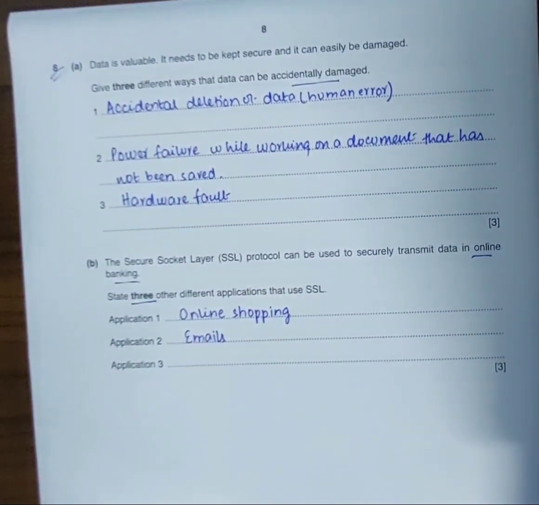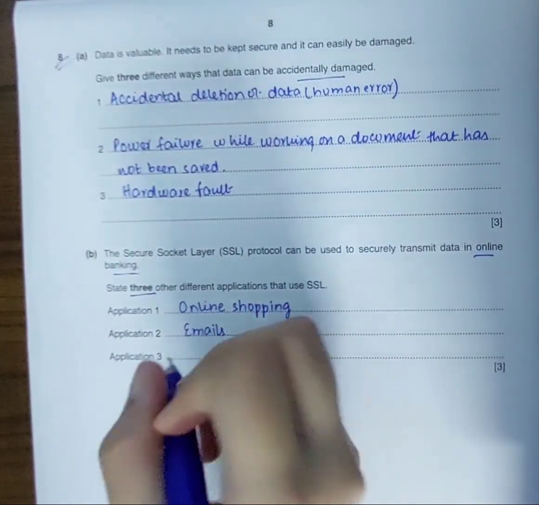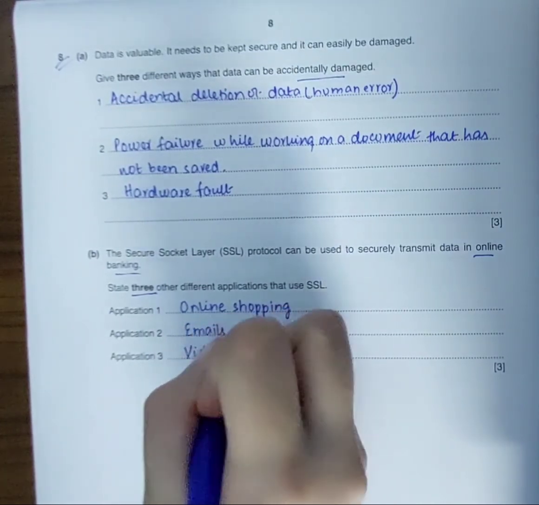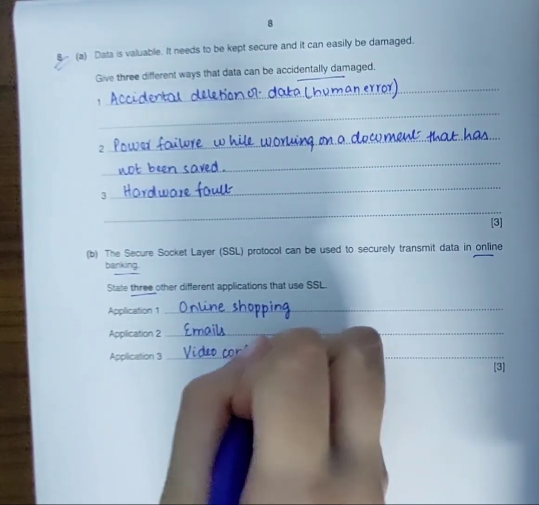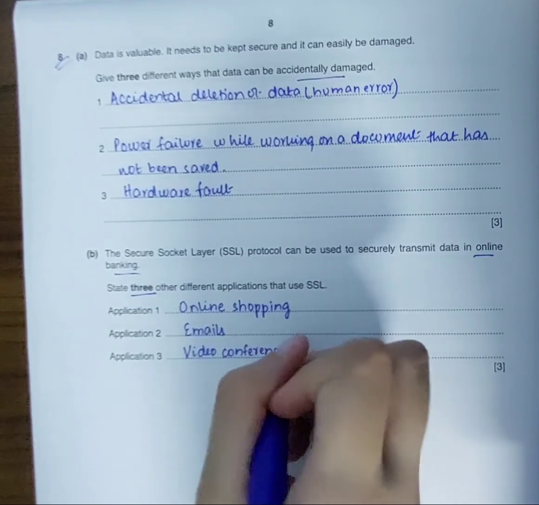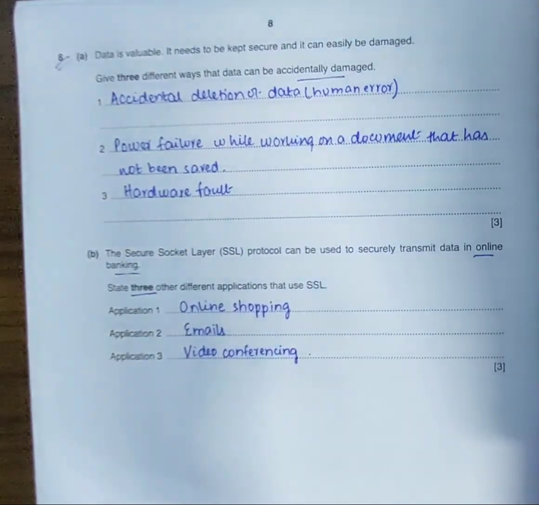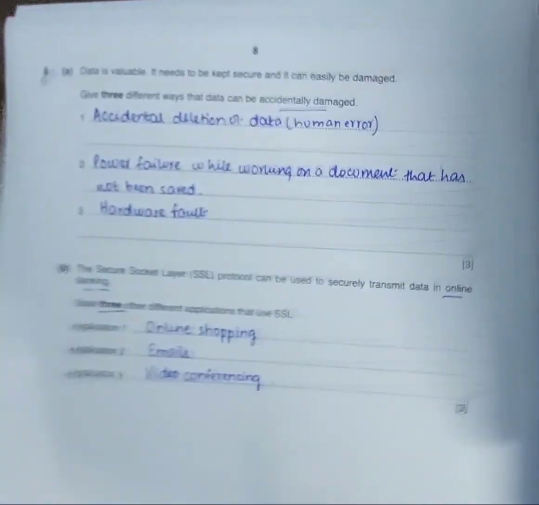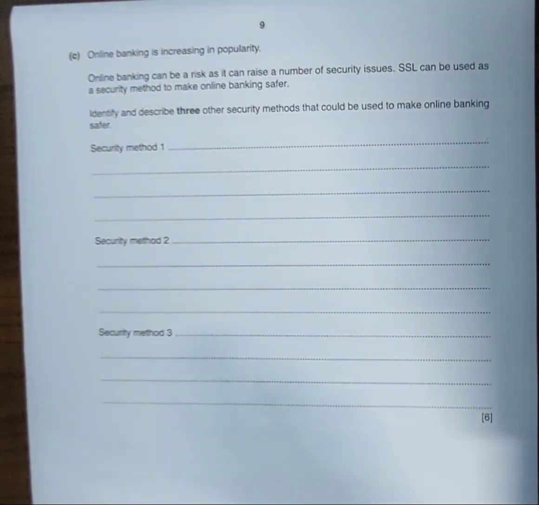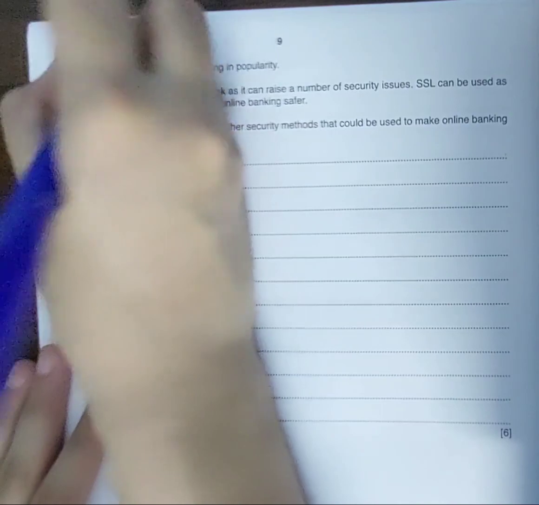Okay, securely transmitting data can be in online shopping, emails, and also the most common thing, video conferencing, which is common during these COVID times. So conferencing. Okay, then part C,